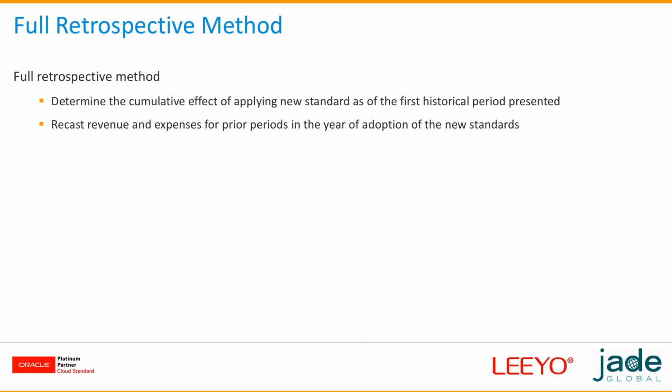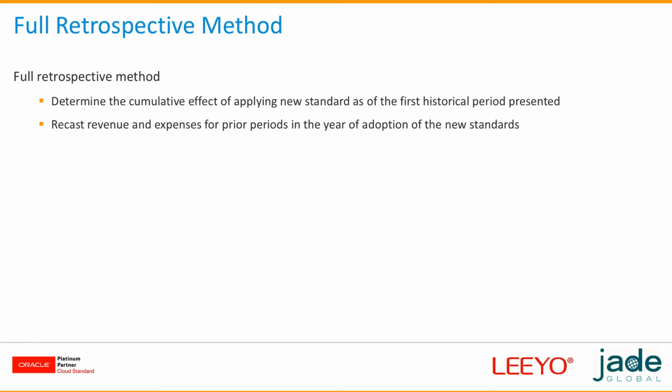As long as that contract is not completely terminated because of either an element that has not been performed for them, or some sort of support or service that was supposed to be given to them as part of that contract becomes visible for this full retrospective method. The second is that it recasts the revenue and expenses for prior periods in the year of